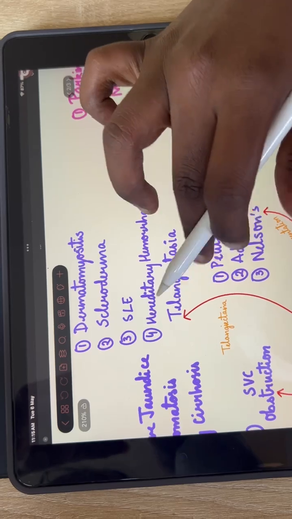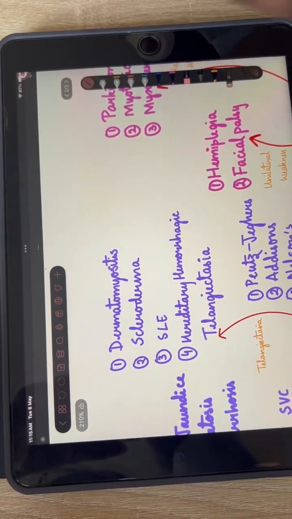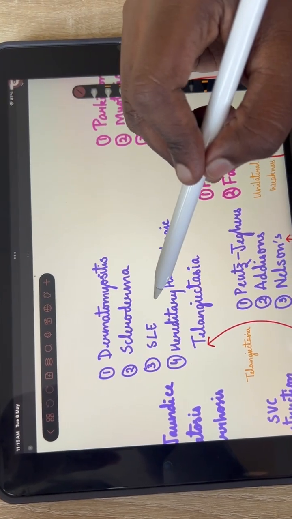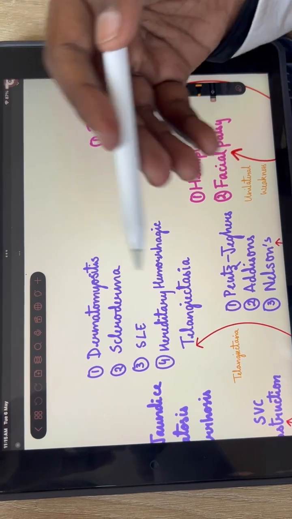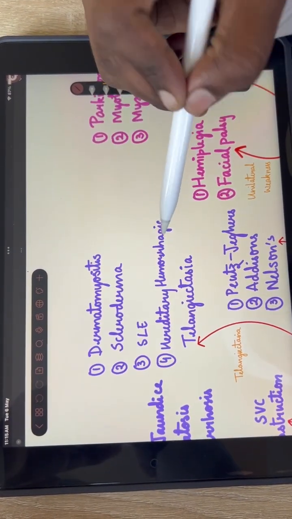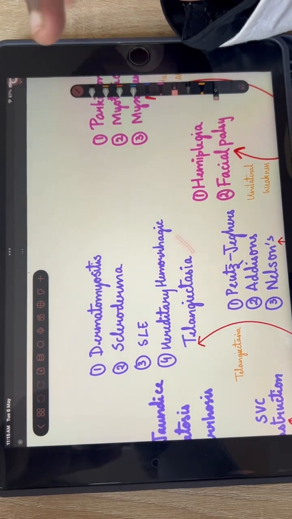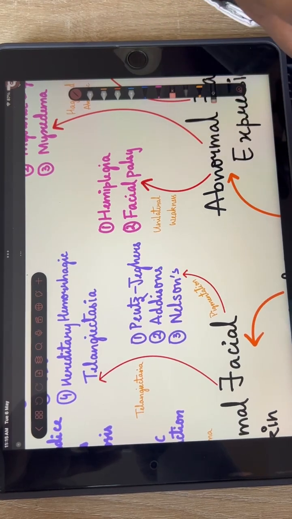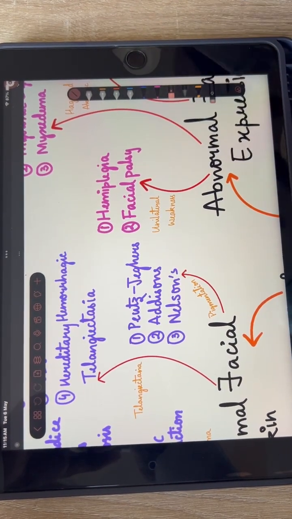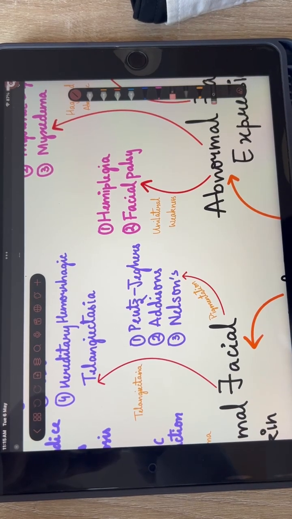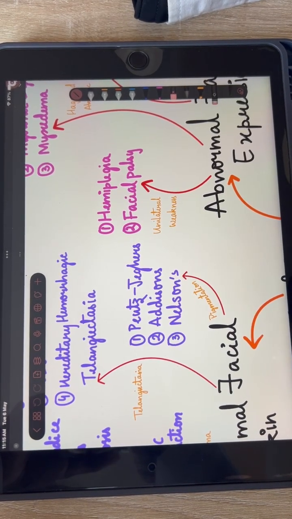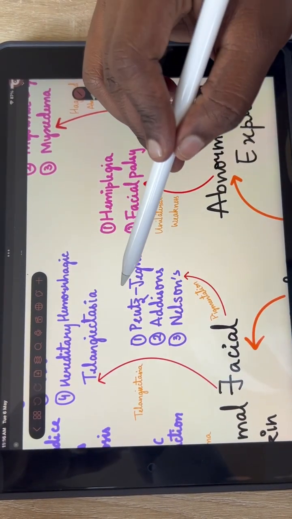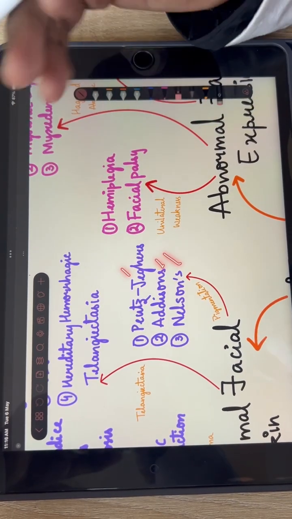There is also telangiectasia, which is shown by different diseases like dermatomyositis and scleroderma, and systemic lupus erythematosus, that is an autoimmune disease. And also we have hereditary hemorrhagic telangiectasia. And also we have pigmentation, when most of the patients have pigmentation around their face, just on the cheeks, below their cheekbone, and around their lips, or on the forehead. There are many diseases which show this, like Addison's, Nelson's, Peutz-Jeghers, and everything.